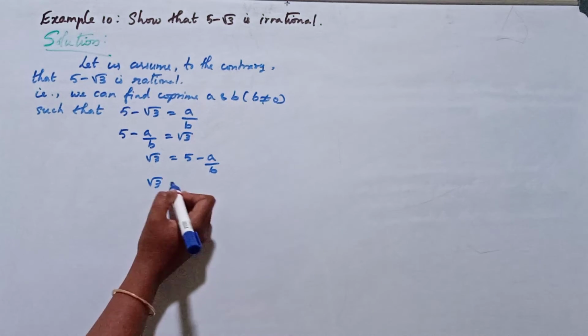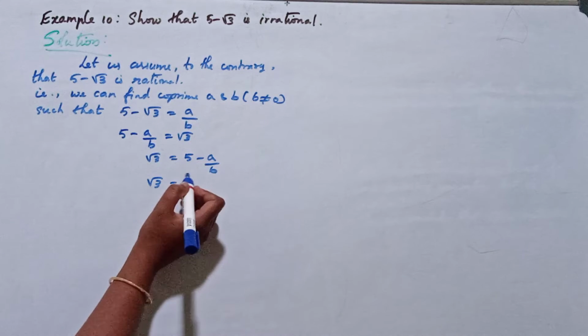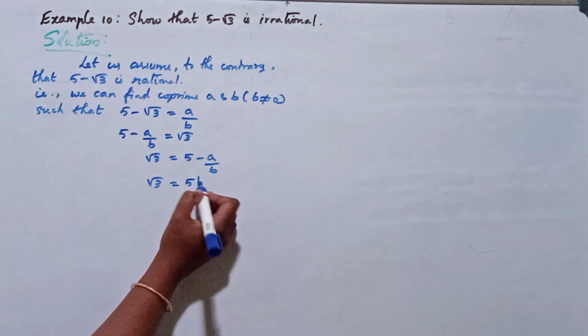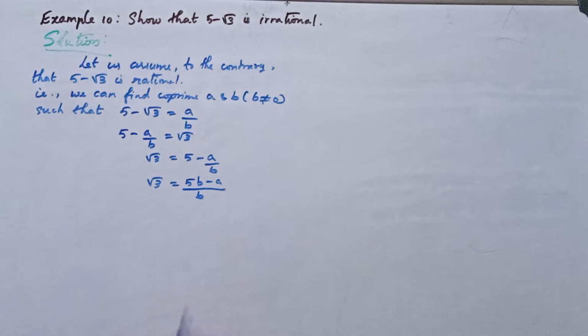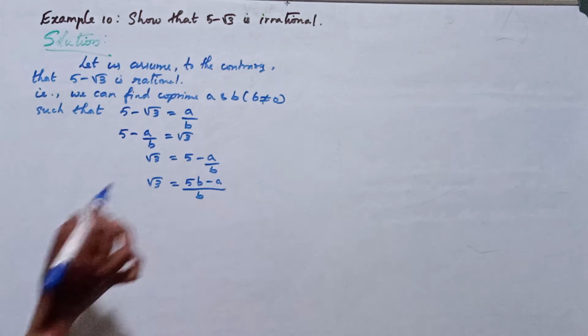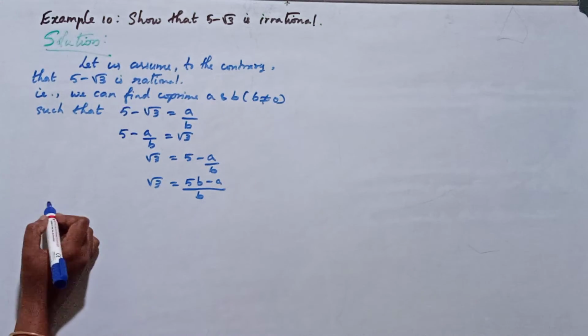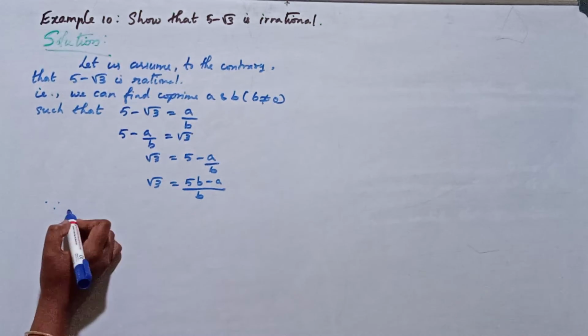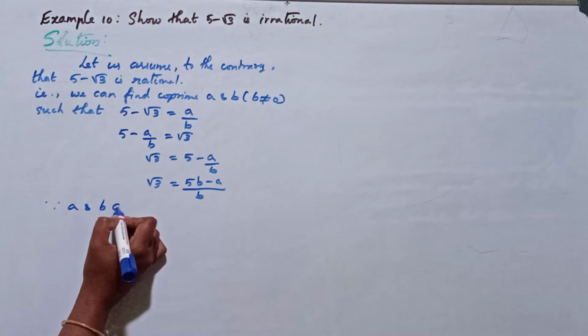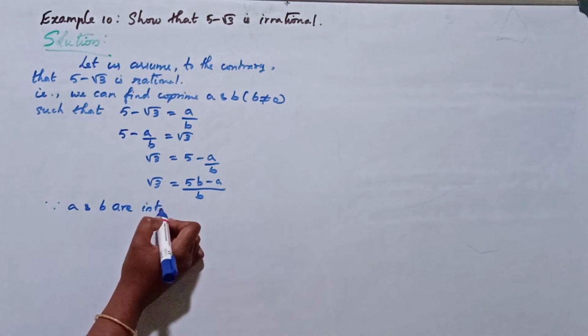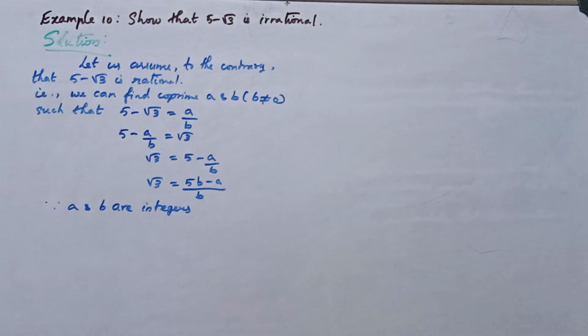So this can again be written as square root of 3 is equal to, if you multiply this with b, 5b minus a by b, right? Just making it like a fraction. So multiply numerator and denominator with b. Okay, that's all. So you got square root of 3 is equal to 5b minus a by b. So by seeing this, you know a and b are integers, right? You know very clearly, since we have taken integers, since a and b are integers, okay, we get